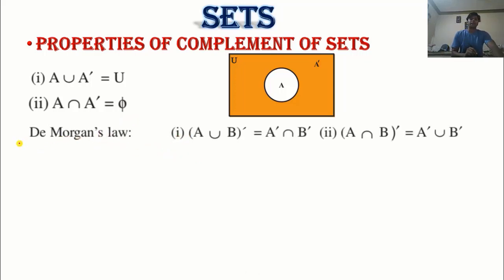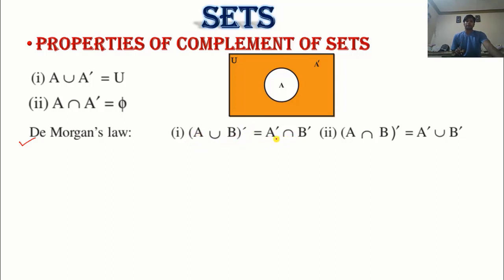We will not discuss it right now in this one. But when we see the examples, then somewhere you will see a question based on verify. In that case, we will see this one. But we have to remember this property. This is a useful property. So you can see A union B whole dash.